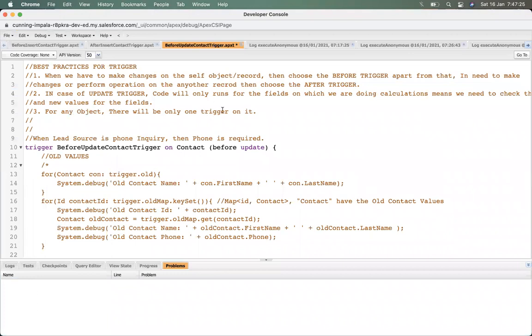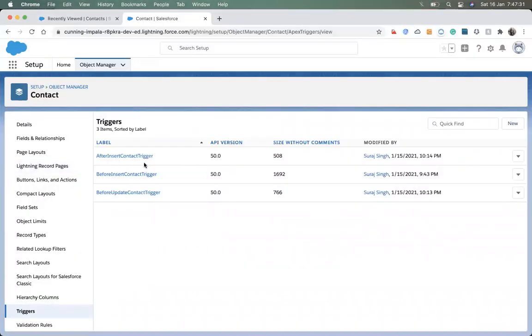So what we need to do is merge all these three triggers into one trigger.